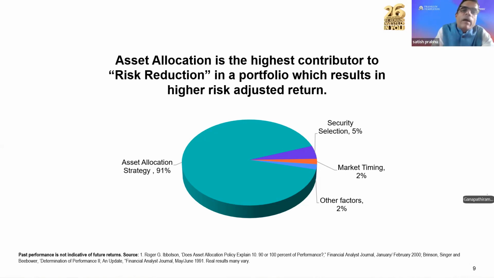And that is what I meant by risk appetite. So you have to gauge your actual risk appetite. And your actual risk appetite is how much will you stay invested in the markets if they are 40 or 50% down. That is when you actually know whether your risk appetite is high or low. So asset allocation basically is the highest contributor to returns when you look at it from a risk adjusted basis. For the same risk, whichever asset gives higher returns, that is the one that I will choose.